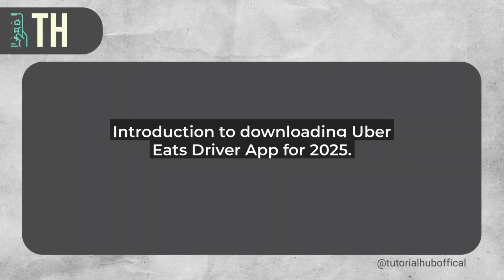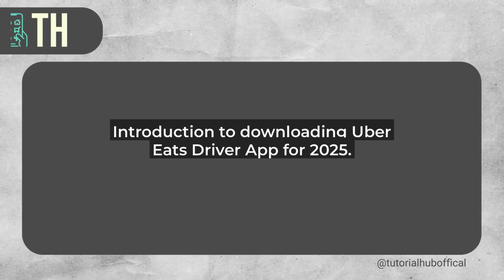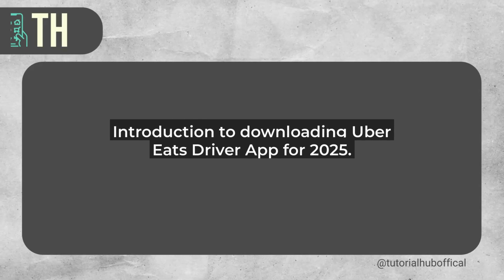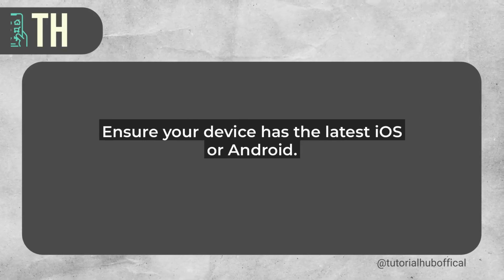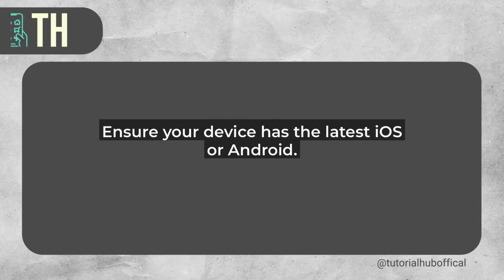Welcome to this quick guide on how to download the Uber Eats driver app for 2025. If you're excited about earning extra cash by delivering food, you're in the right place. This process is straightforward, but I'll break it down step by step to make sure you don't miss a beat. By the end of this video, you'll be ready to hit the road, or rather, the App Store, in no